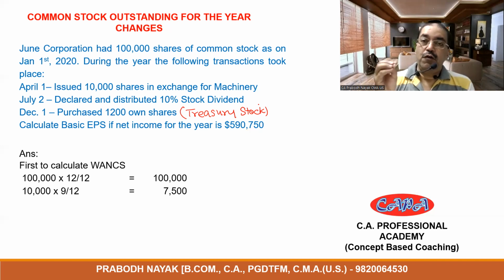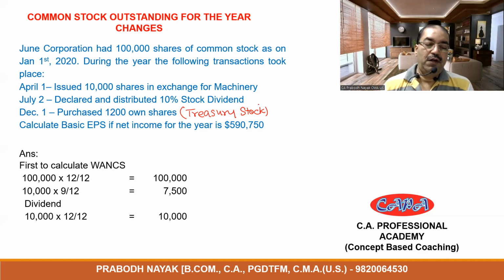So 10% on 100,000, that is 10,000 shares, are also assumed to be outstanding from January 1st to December 31st. So the stock dividend that we are paying is 10,000 on 1 lakh, 10% of 100,000, 10,000 into 12 by 12, because that is outstanding for 12 by 12 months. Now I declared a stock dividend on the second number of shares, that is these 10,000 shares, which are issued